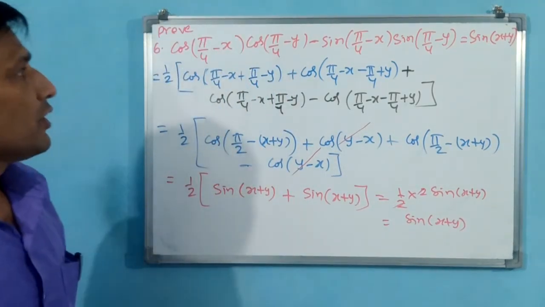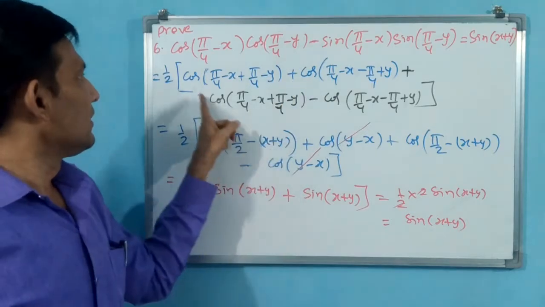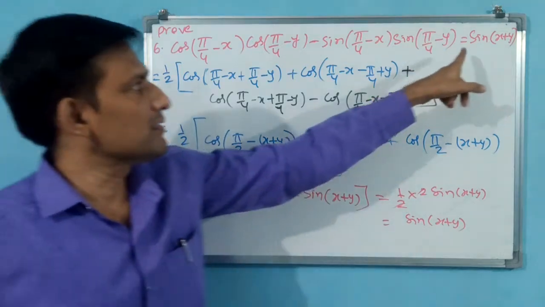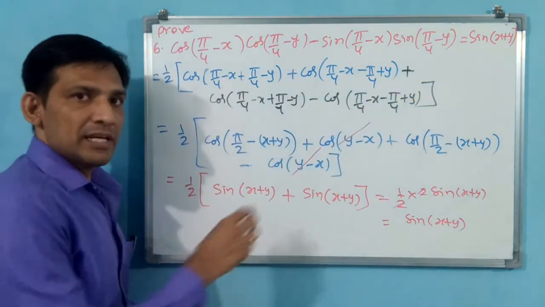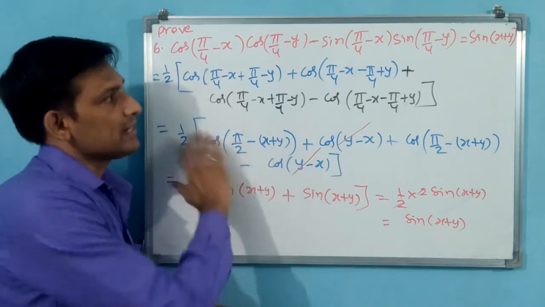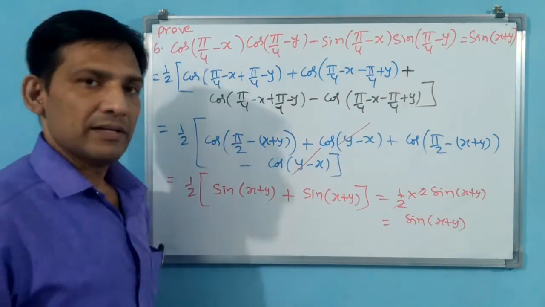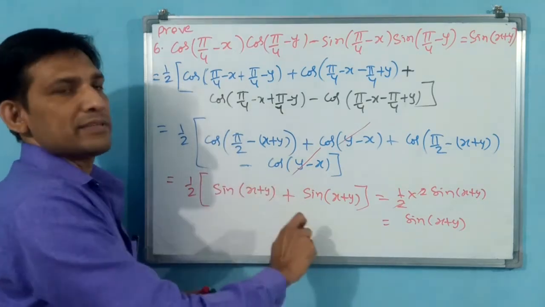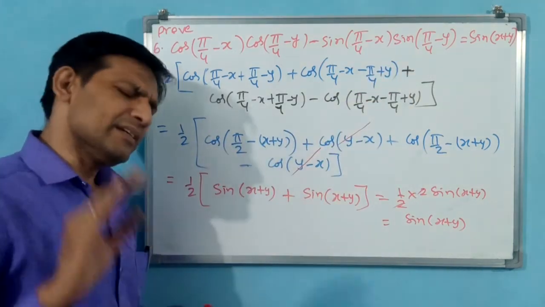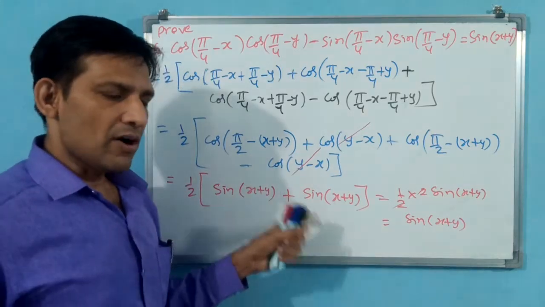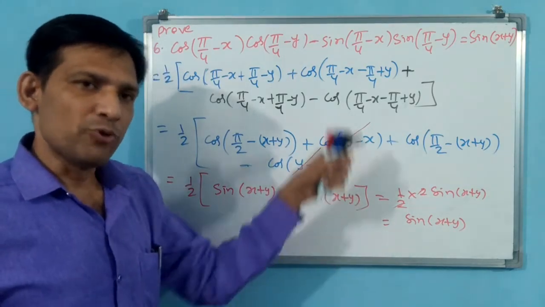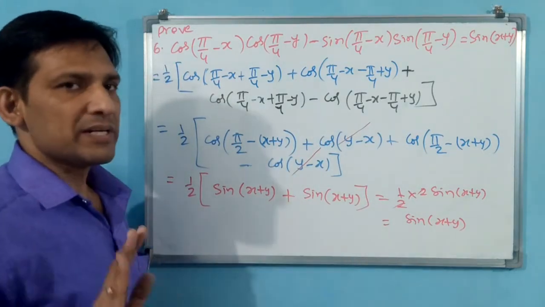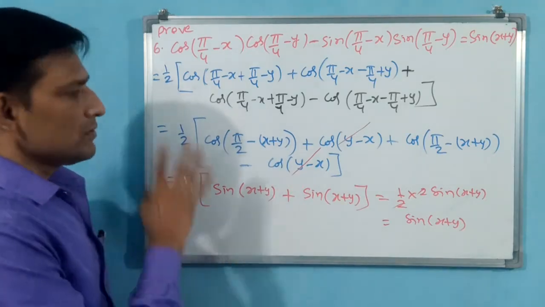See, carefully you have to convert this minus symbol, or else you are going to make a mistake. Anyway, he is asking us to prove, so if any mistake has come, there is a chance to correct it and make it sin of x plus y. If it is not coming, you did some mistake, so you have to go back and change the symbol, then it will come. Why? Because the conversion is a little bit tricky. Cos a plus b minus cos a minus b is going to be minus 2 sin a sin b. Minus 2 sin a sin b, how to convert? A little bit tricky.